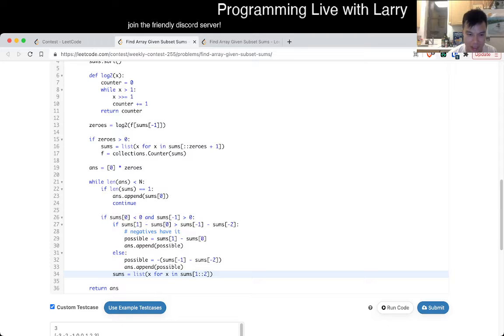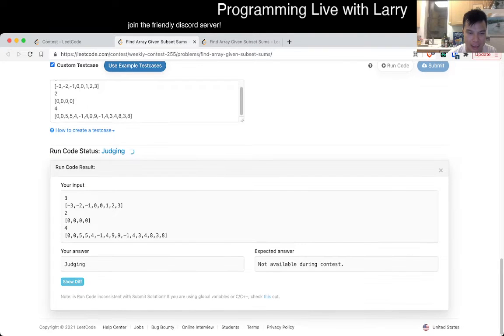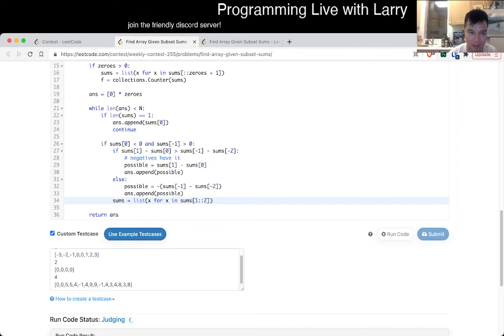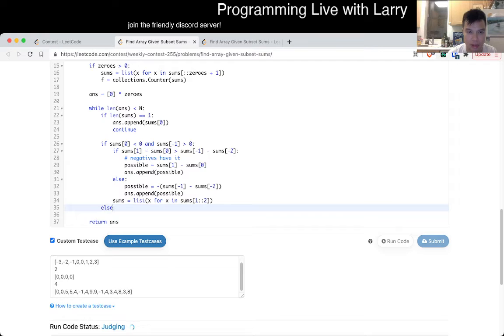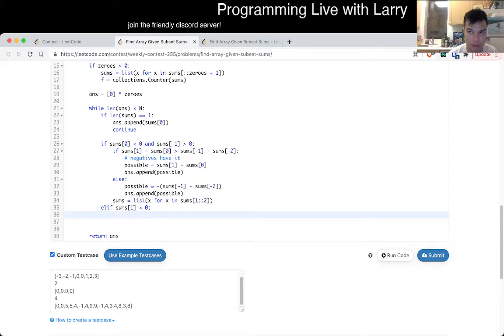I don't know if this is right. I mean, it probably isn't. But let's see. Let's hope at least it terminates. It might not. Oh yeah, it doesn't because I have this thing. It doesn't terminate. Oops. I was in the same sign, so if they're both negative, then